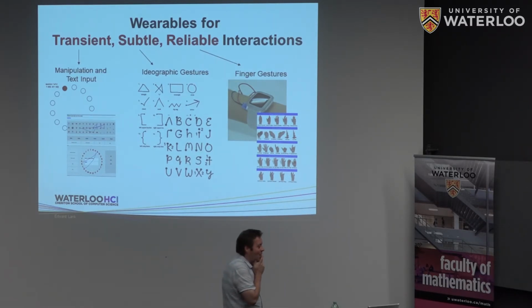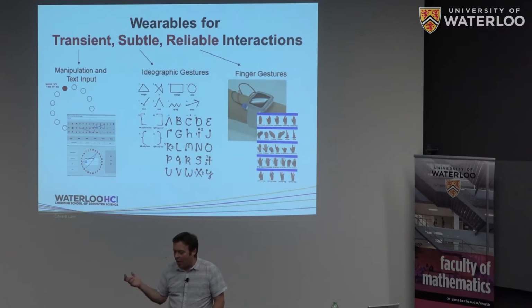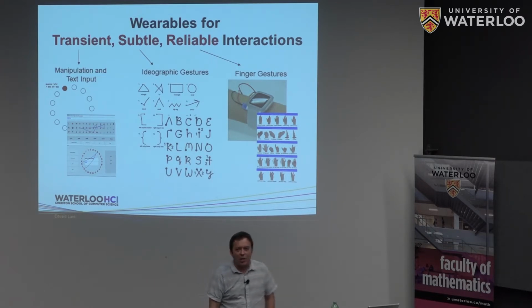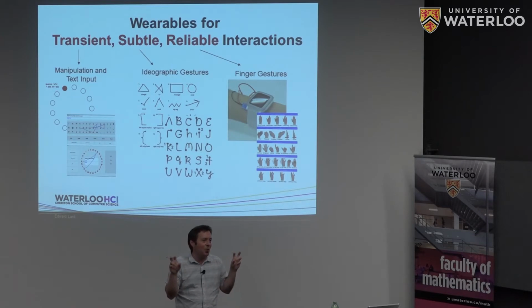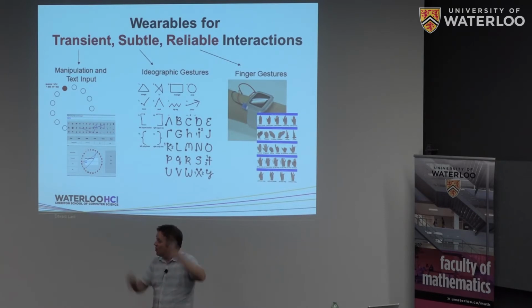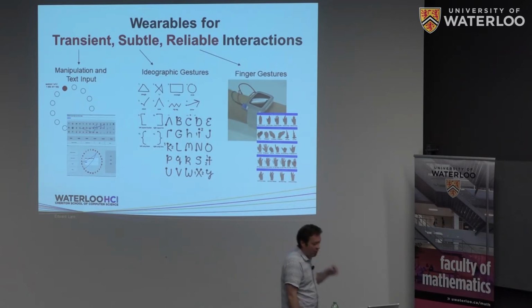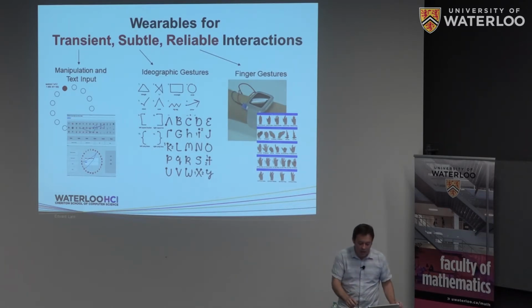We'll see. So anyway, that's this notion of the subtle input space, and subtlety is useful for a couple of reasons. It's the reasons that I talked about earlier in terms of effort. It's also the issue of what researchers in HCI call social exposure, as a little bit of a double entendre. It's this notion that if you're interacting in the real world, you don't necessarily want to be that obvious about interacting. It looks kind of strange if people don't know what you're doing and you're moving your hands around. And so that really brings us back to this subtle space.